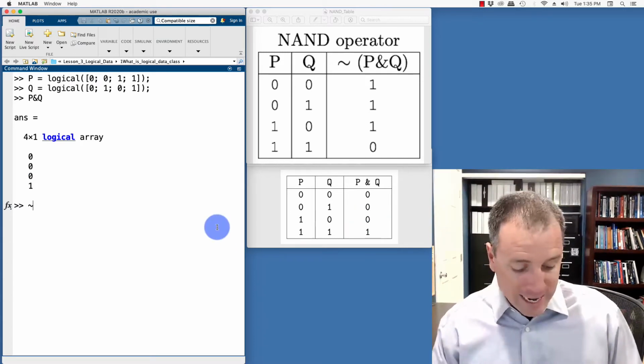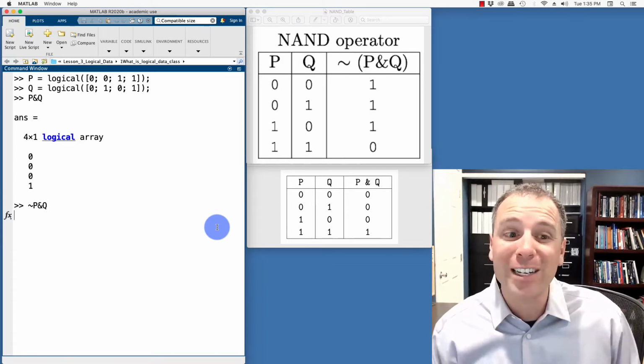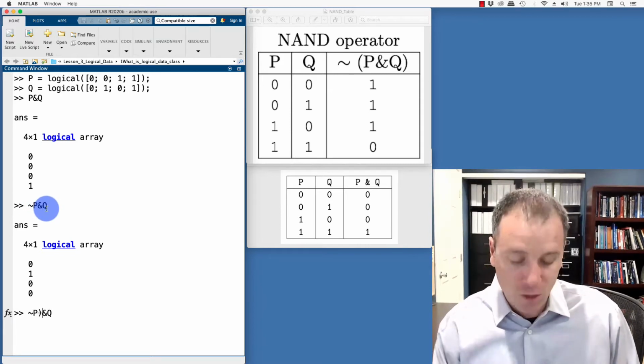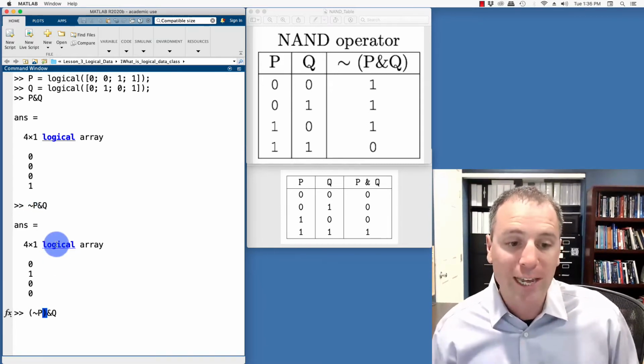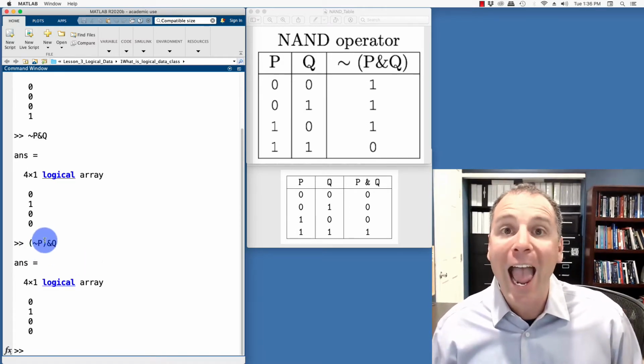I could try not P and Q, but remember we had a video on operator precedence. In this case, what MATLAB has done is took not P and Q. So the better way to write that in the way that MATLAB interpreted it looks like this, but that's not the NAND operation. That's not P and Q.